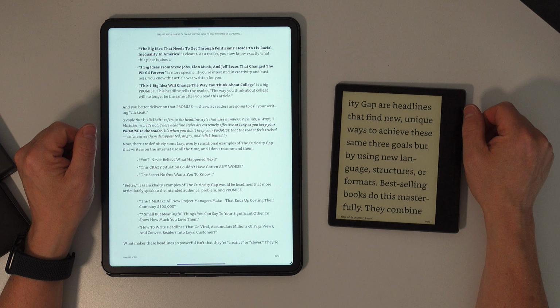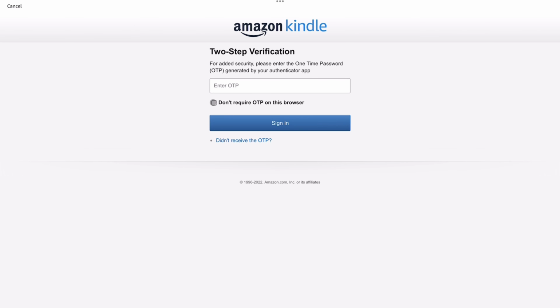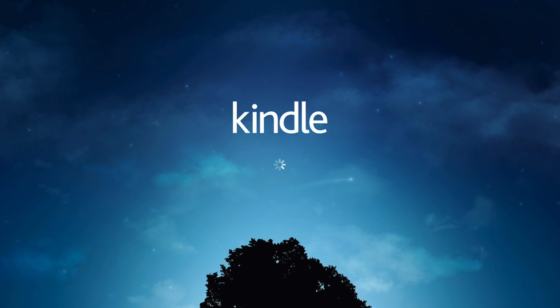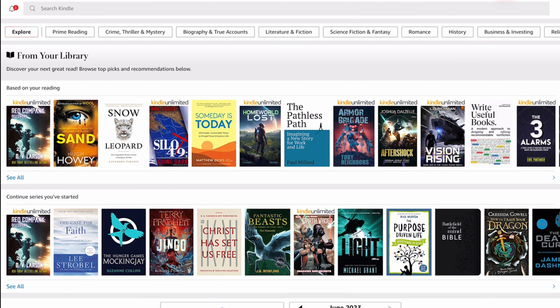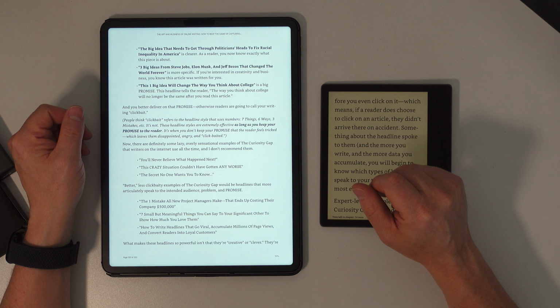Now at times, usually after an update to the Kindle app, I can find myself logged out for no reason whatsoever, and I've got to go through the process of logging in again, which for me, and I'd recommend for you too, also includes using two-factor authentication. So it's a bit of a faff. I prefer having that extra bit of security, but if you're just logged out for no reason at all, it's a bit annoying to have to go through that process to get in again,